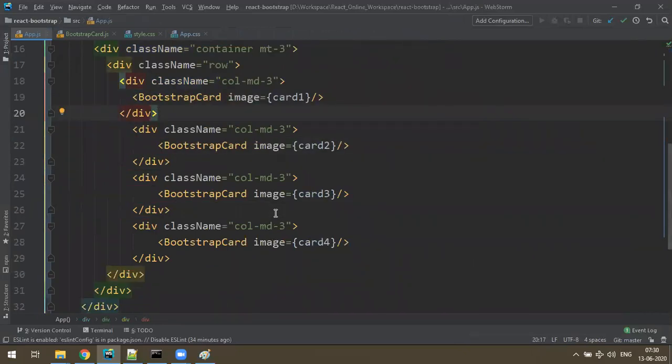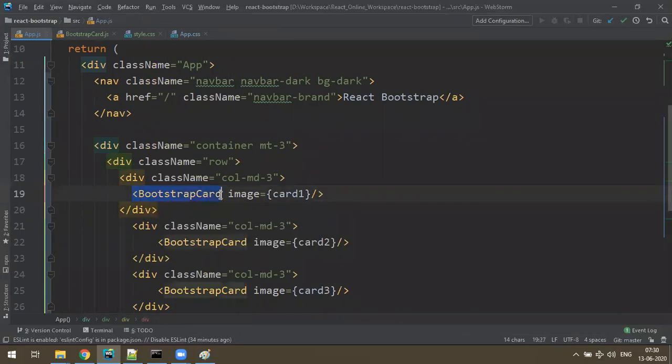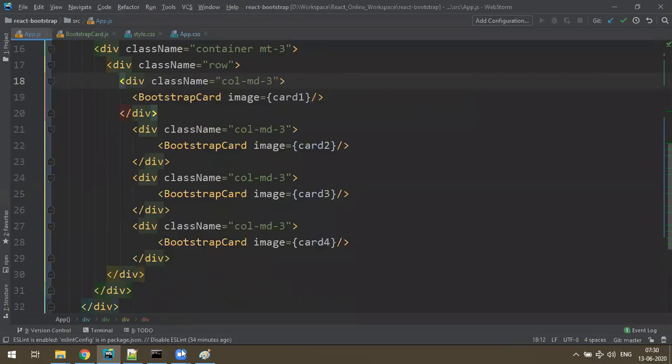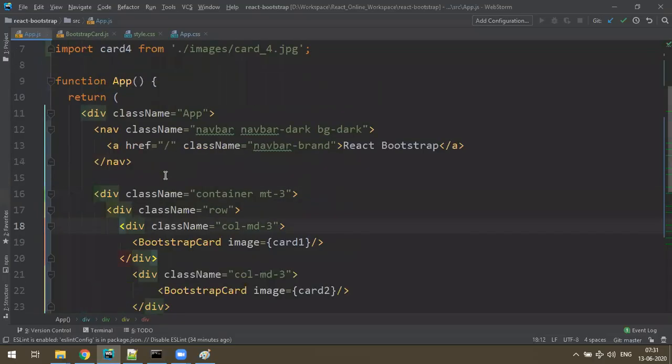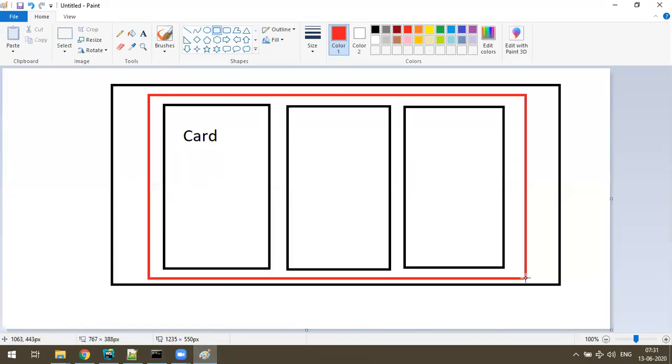Fine. Now one more thing I want to tell you. What is that? We made Bootstrap cards. It looks good, but what about this thing? Can we make the whole thing inside of one container? See, I'll tell you. Here, this is one component, this one component, this one component. These are all card components, right? All these 3 card components are kept inside the main app component. Okay. My plan is, I wanted to create one more component that will catch hold of these 3.